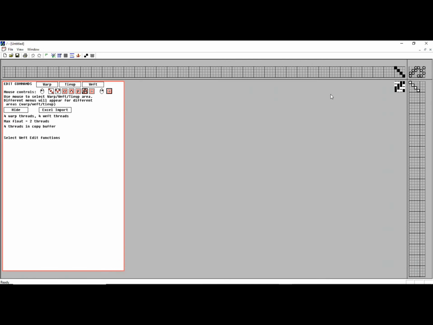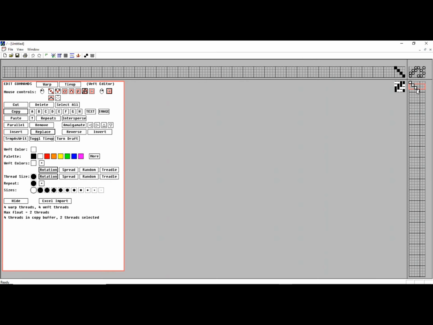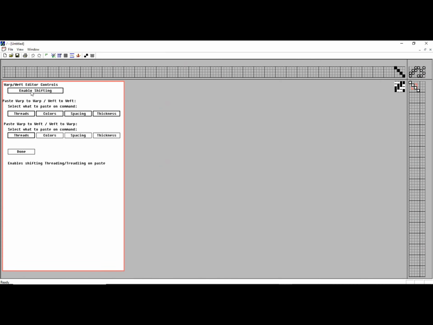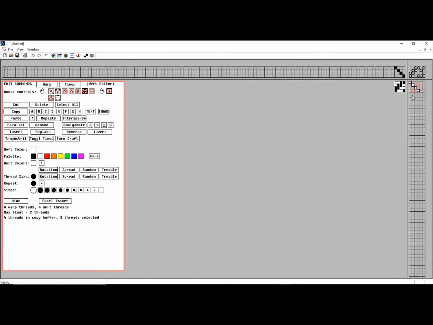Okay, this will be an update to the Quickdraw Weaving program, the Weft Editor's functions, specifically in multi-treadle. Let me start with the basics here. You'll notice if I grab a couple of threads and let go, it will automatically select the entire thread. Now I can, if I enable shifting, actually grab selected threads and move them around. The other thing that can also happen, if I do multi-treadle, the same rules will now